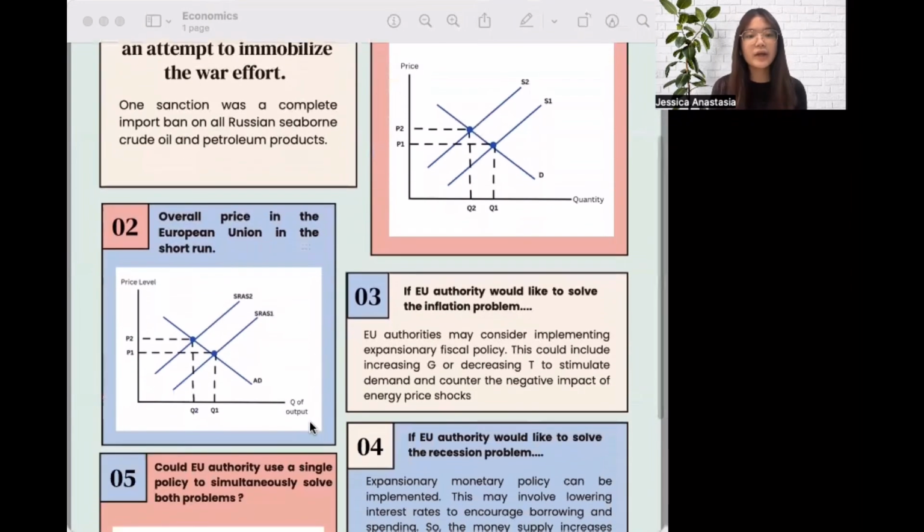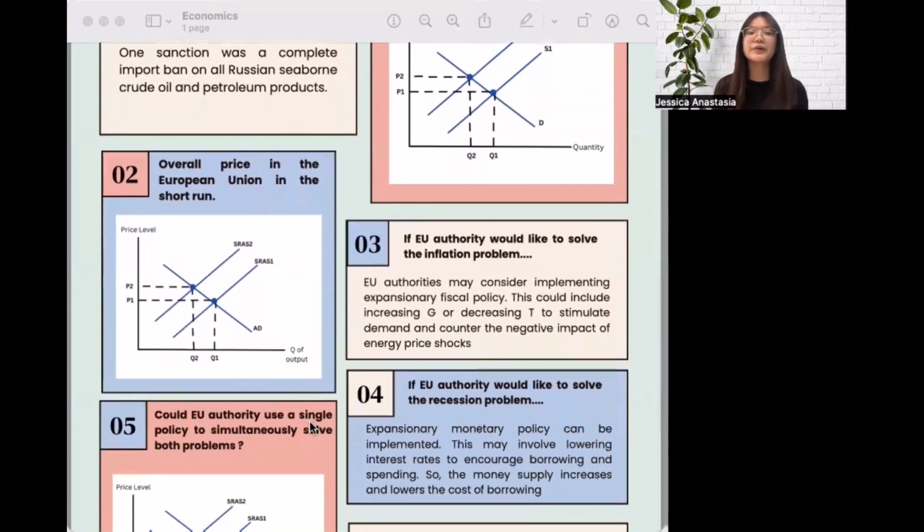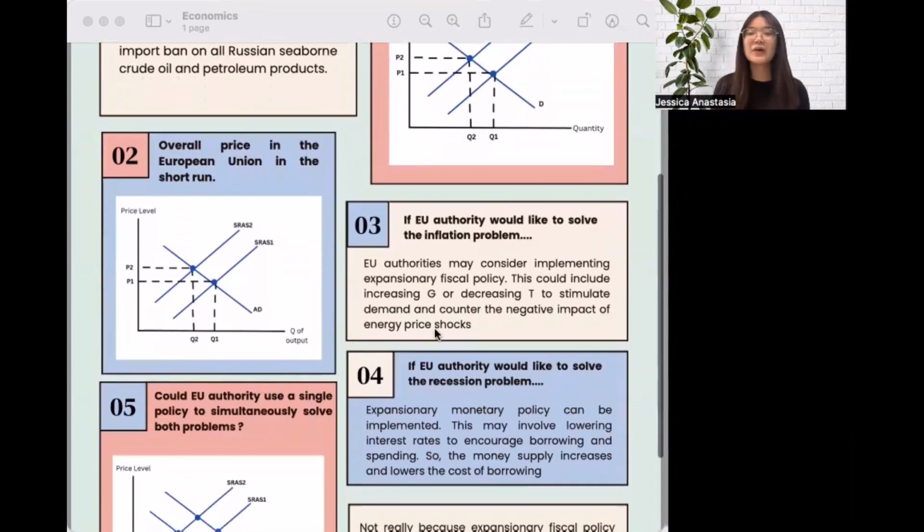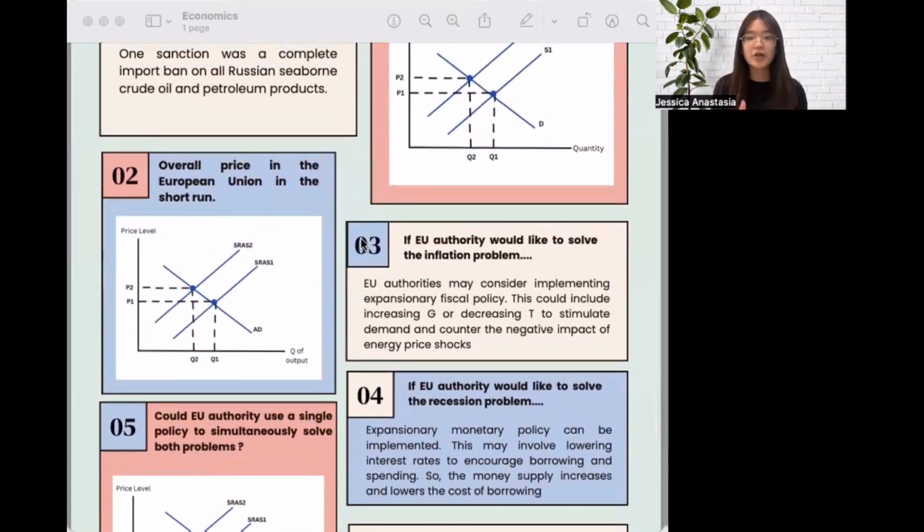So how about the overall price in the European Union in the short run? In the short run, the increase in energy price will lead to a higher production cost for businesses, causing a decrease in overall output. This can be shown graphically by a leftward shift of the aggregate supply curve, resulting in a new equilibrium with lower output and higher price. As a result, the rise in energy price could contribute to a decrease in output and an increase in overall price